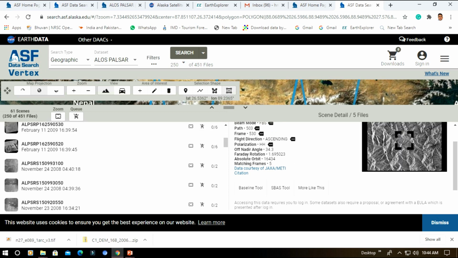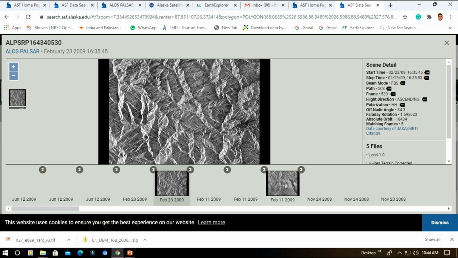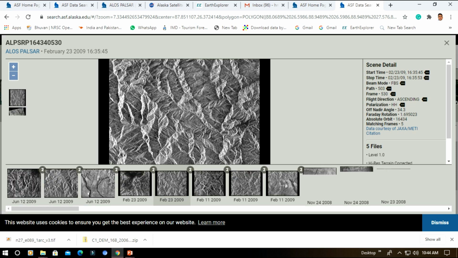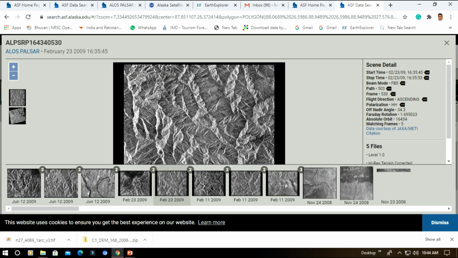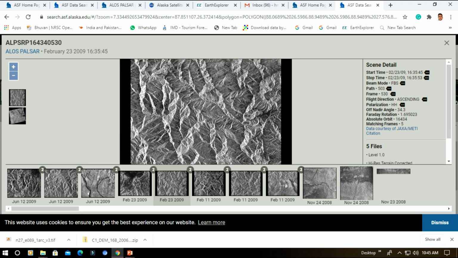then click on this particular map and you can see the condition.